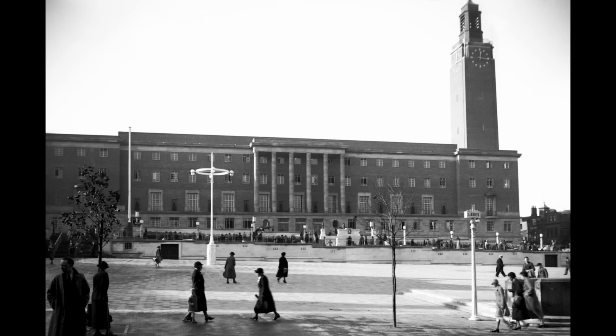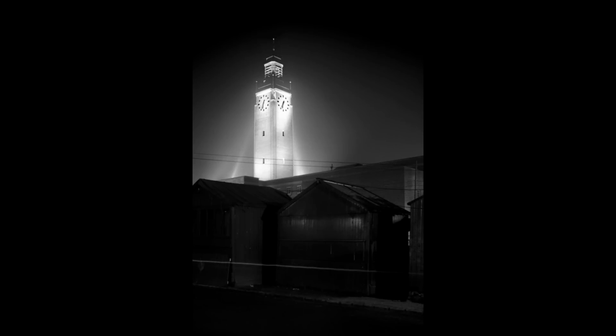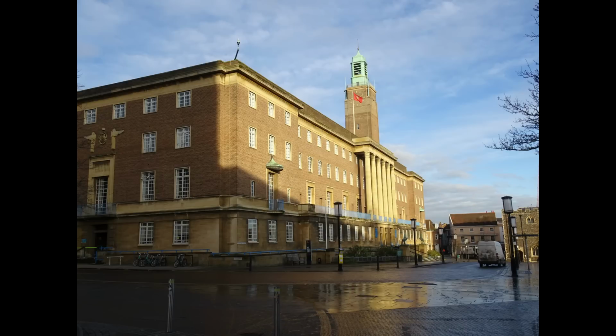At number 9 it's City Hall, built and seen here in 1938 to meet the needs of a growing city. Both City Hall and the Norwich icon at number 8 have their own Lost Norwich videos, and at number 8